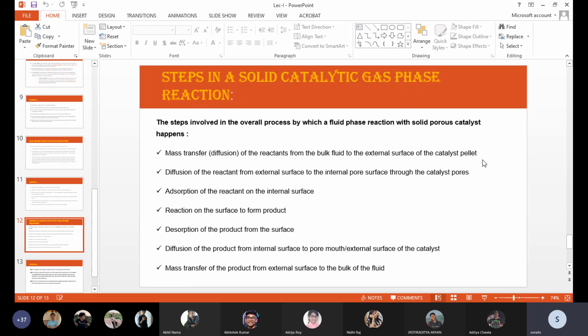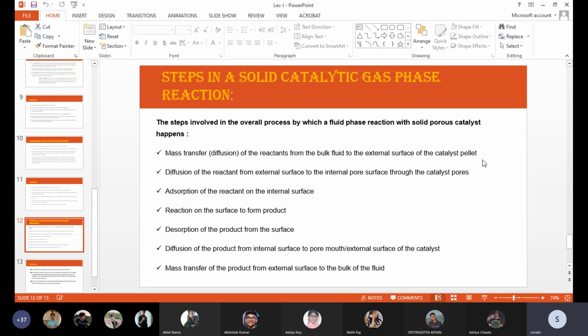Here you see, in pore diffusion there is a huge concentration difference at the beginning, because there are almost no reactant molecules inside the pores. So obviously the concentration gradient is large. So there is a mass transfer resistance also. Anyway, that I'll come to afterwards. So reactant molecules are coming from the external surface of the catalyst to the internal surface or pore surface of the catalyst by the pore diffusion method.